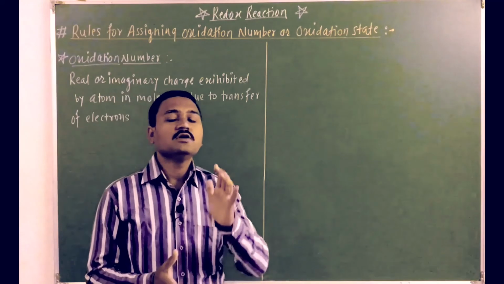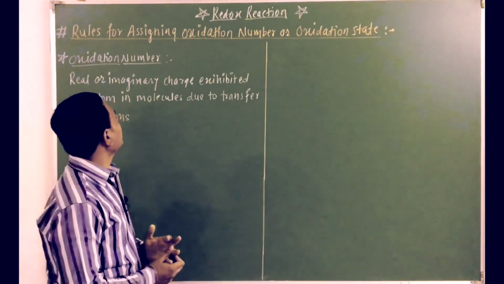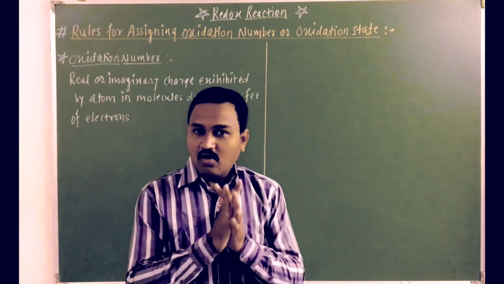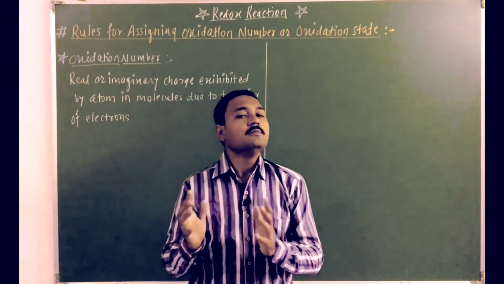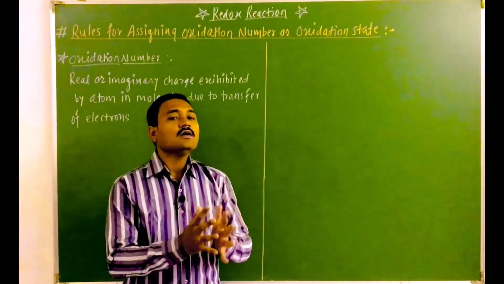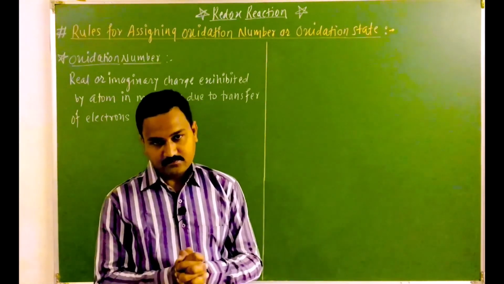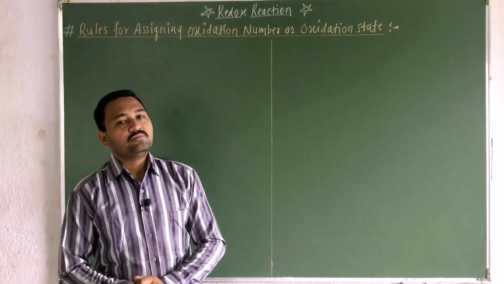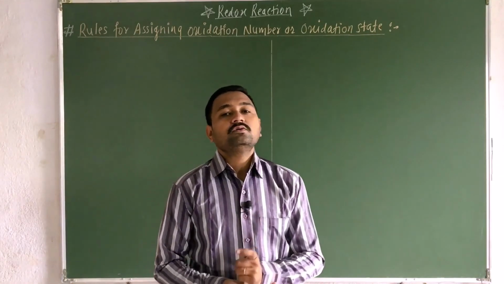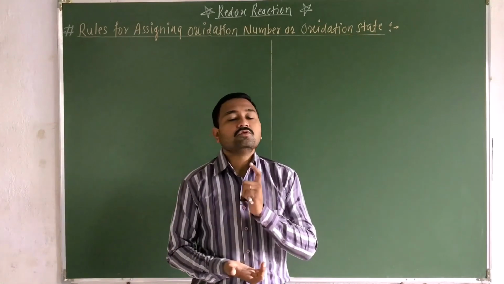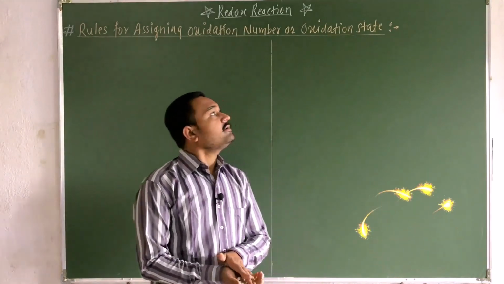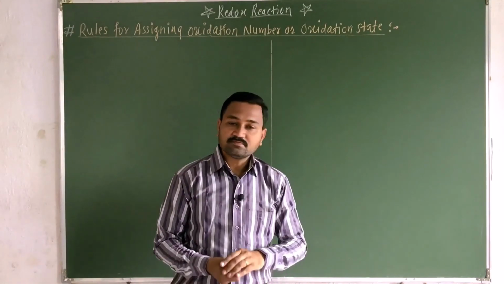Again, the importance of the oxidation number term. We know that though we have introduced the oxidation number term, it does not neglect all the previous concepts that we have studied in the previous lectures, such as the old and classical concept and the electron transfer concept. Again remember, there is importance to the oxidation number or oxidation state. We can find out the redox reaction in a molecular compound, that may be ionic or covalent, by its oxidation number or oxidation states.